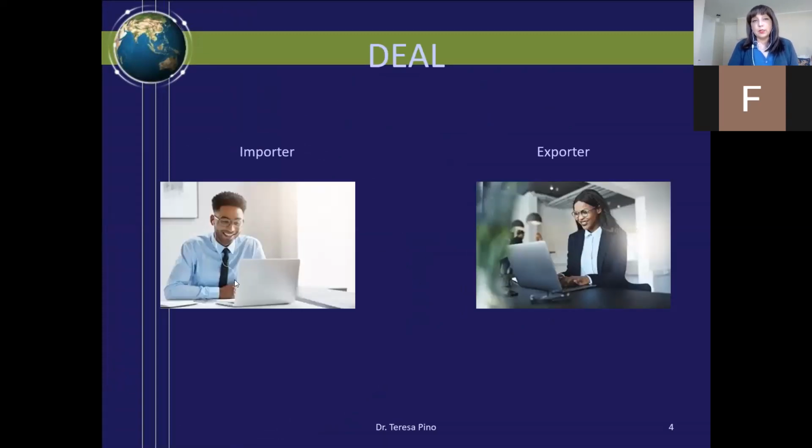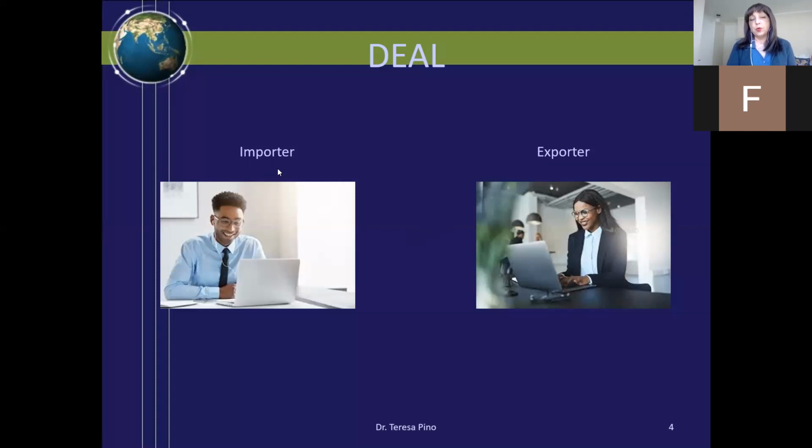So when we talk about the process of the letter of credit, we're going to have the two parties involved. Those are the most important ones because they have to make a deal. And when we talk about a deal, we talk about several days of conversation and negotiating. So you are never going to achieve a deal in one setting. It's always conversations going back and forth. And today, most of the negotiations are online. People buy online the same way we're communicating now. People negotiate like this. And I think it's going to become a trend from now on.